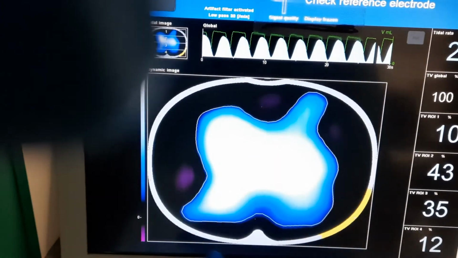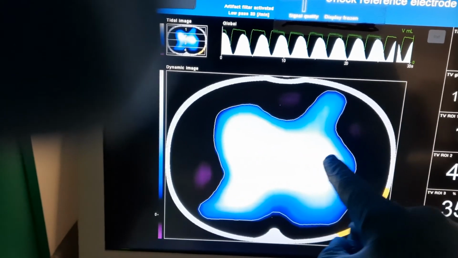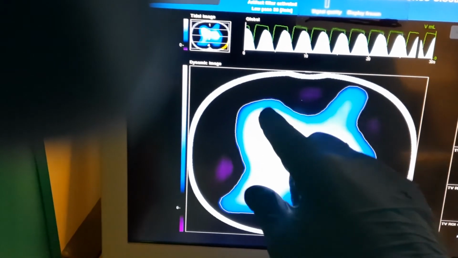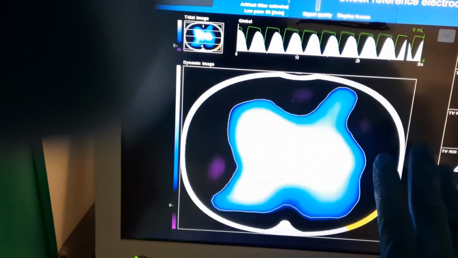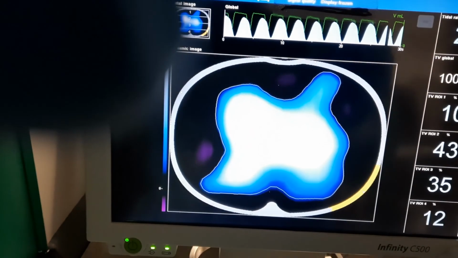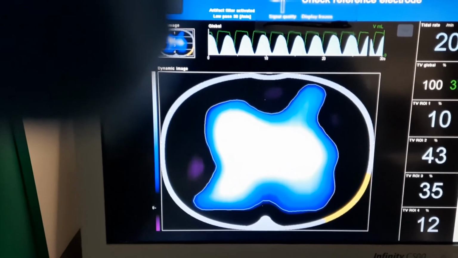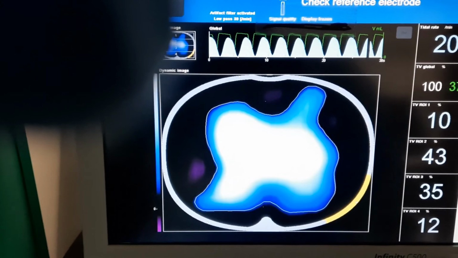A wonderful distribution of ventilation, a little bit more in the mid-ventral to ventral areas, which is fine. So this is a nice even distribution, an impressive difference just by changing the position of the patient,